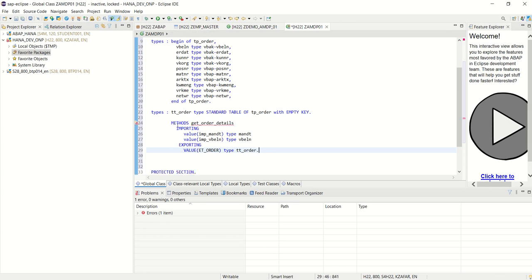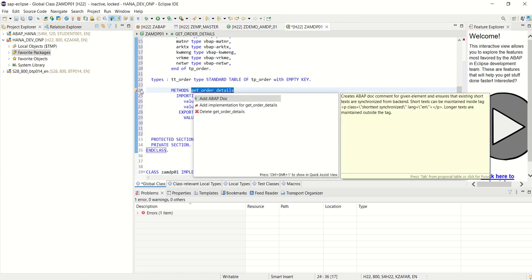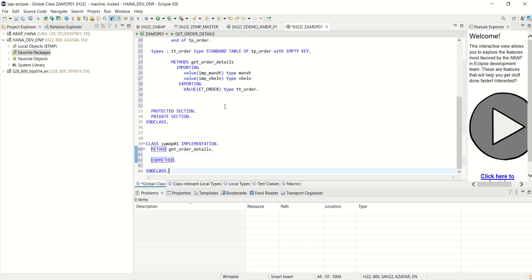Now here if you see, the implementation is missing because till now we have done only declaration and we have to add implementation. For that, right click here, click on add implementation for GET_ORDER_DETAILS. So here we can see by default the signature is open for that implementation part. And now first, as we have learned, we have to add method GET_ORDER_DETAILS, after that BY DATABASE PROCEDURE FOR HDB LANGUAGE SQLSCRIPT